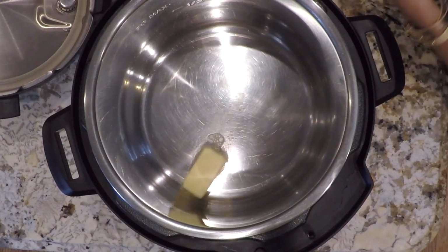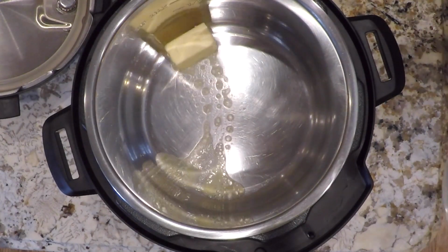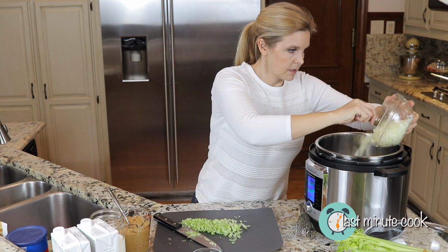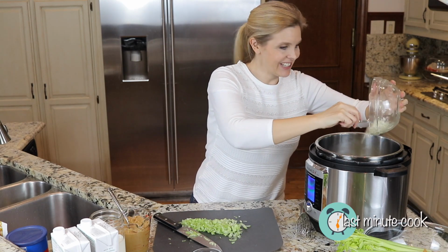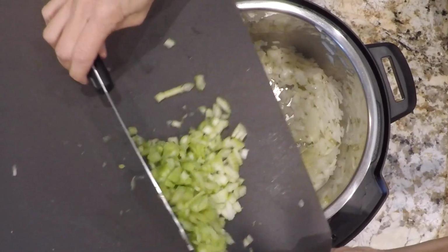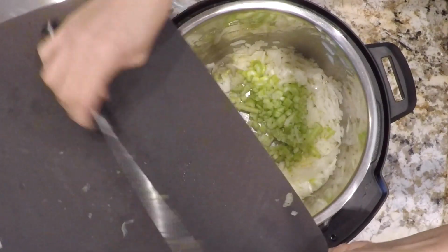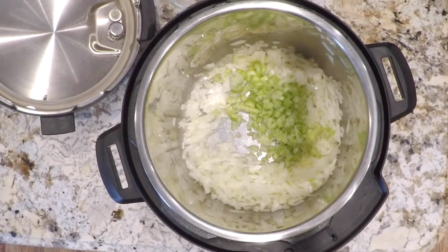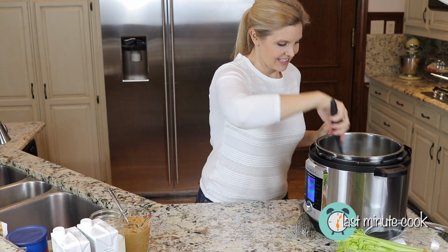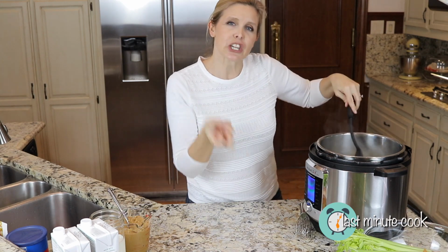I'm gonna go ahead and put the butter and our onions right on in there. And then we will add our 2 stalks of celery. So the onions and the butter and the celery just go right on in together. Super fast, super easy. So we're on our saute on high, and we just wanna stir this and cook it